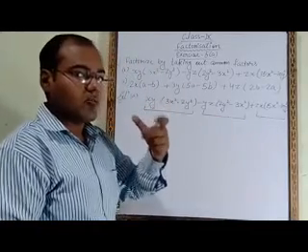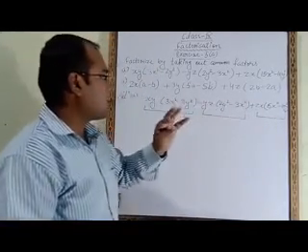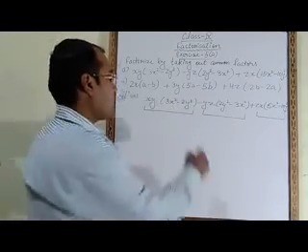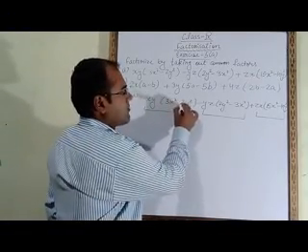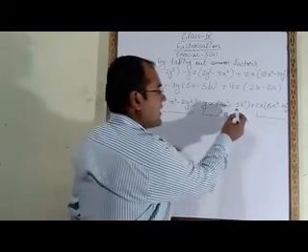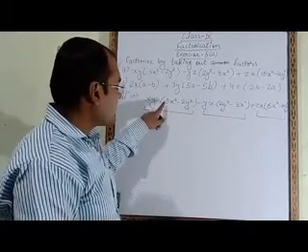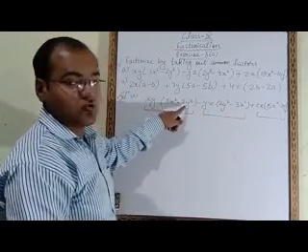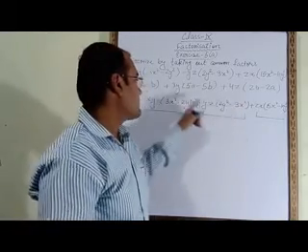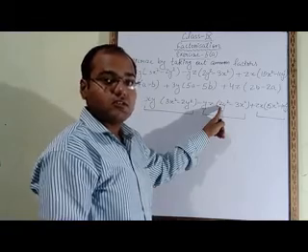Now we have to find common. Here in the three terms we will not see anything common. Here if you observe, this is 3x square minus 2y square. Here also 3x square and 2y square are there, but the signs are different. You can check it. Here it is 3x square minus 2y square. The sign of 3x square is plus, but here the sign of 3x square is minus. The sign of 2y square is minus, but here the sign of 2y square is plus.